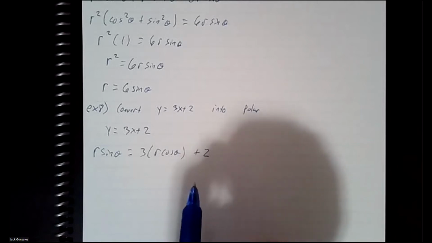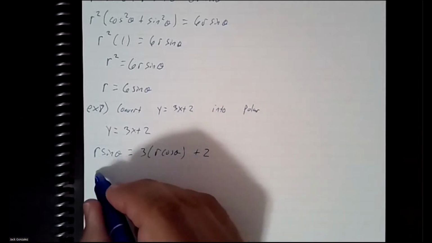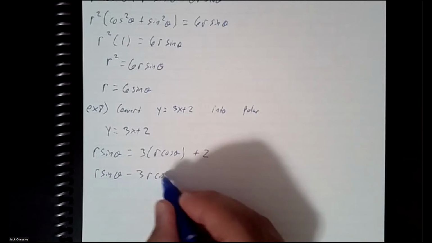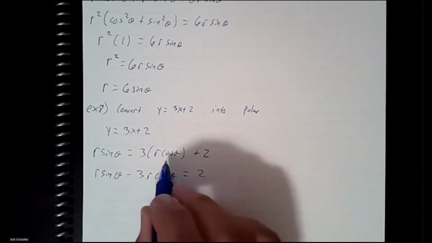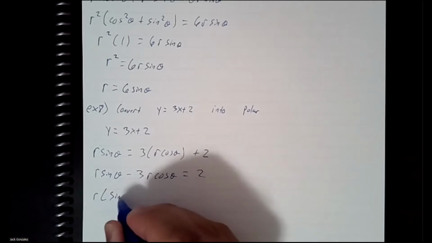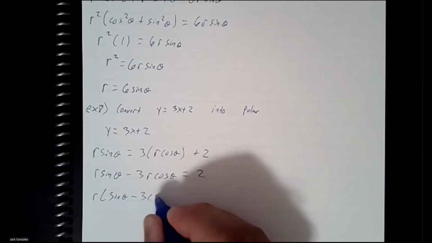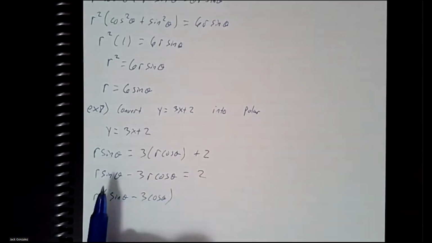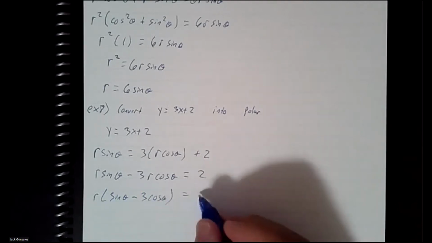Let's try. So I'm going to move everything with an r to the left. Leave that 2 over here. So I subtracted this to the left-hand side. Factor r from both terms. Now in the next step, we can divide both sides by